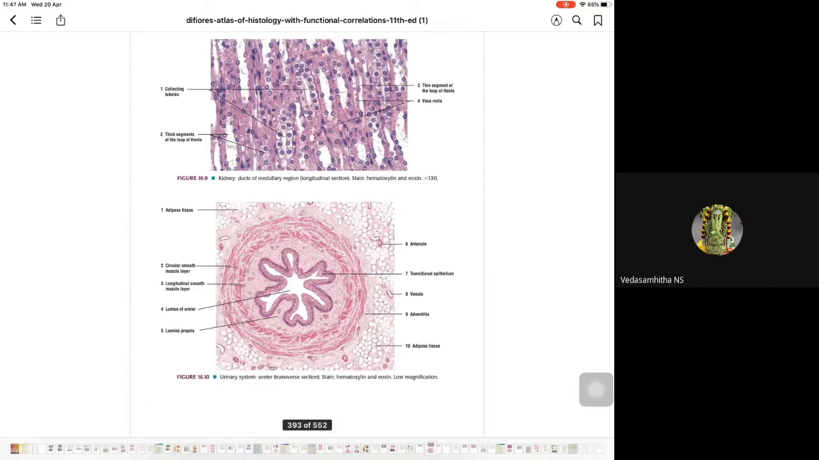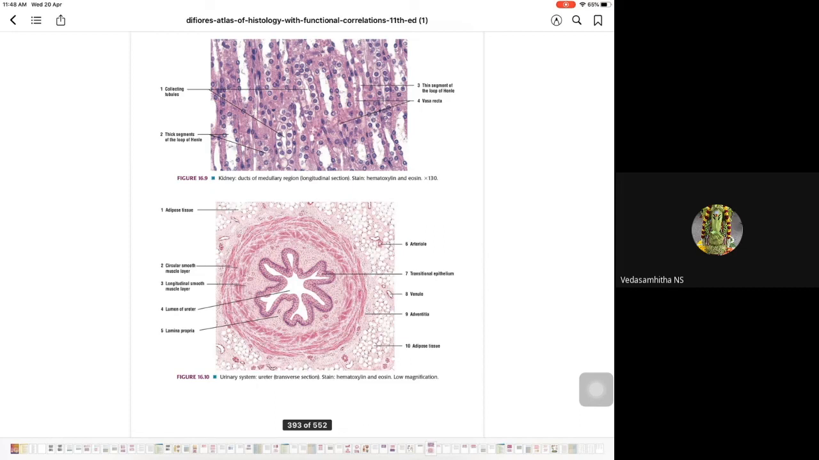Kidney, ducts of medullary region, longitudinal section, stain hematoxylin and eosin, 130 times magnified. Collecting tubules, thick segments of the loop of Henle, thin segments of the loop of Henle, vasa recta. Ureter. Urinary system, ureter, transverse section, stain hematoxylin and eosin, low magnification. Adipose tissue, circular smooth muscle layer, longitudinal smooth muscle layer, lumen of ureter, lamina propria, arteriole, transitional epithelium, venule, adventitia,